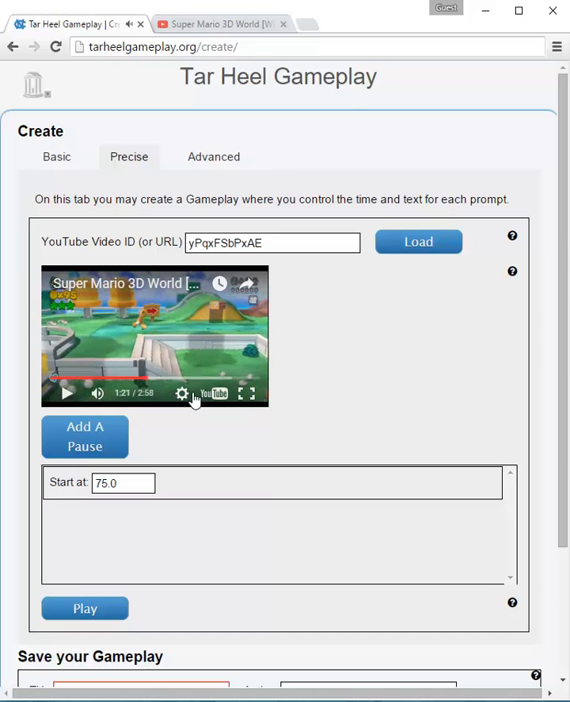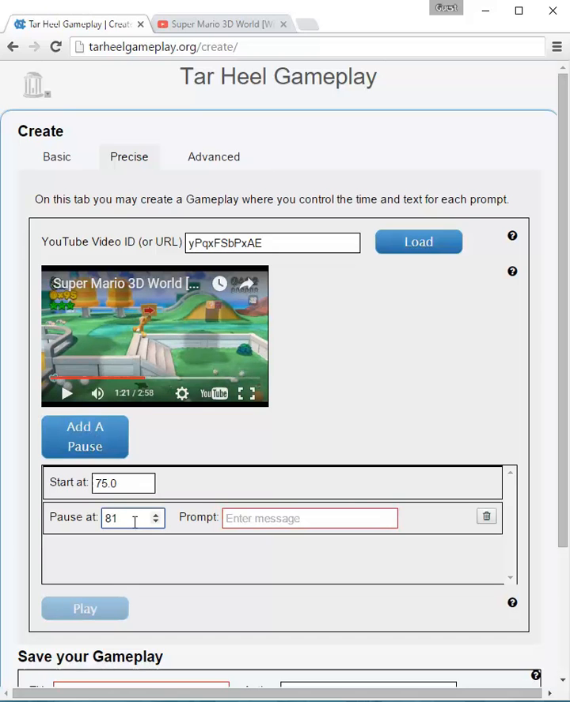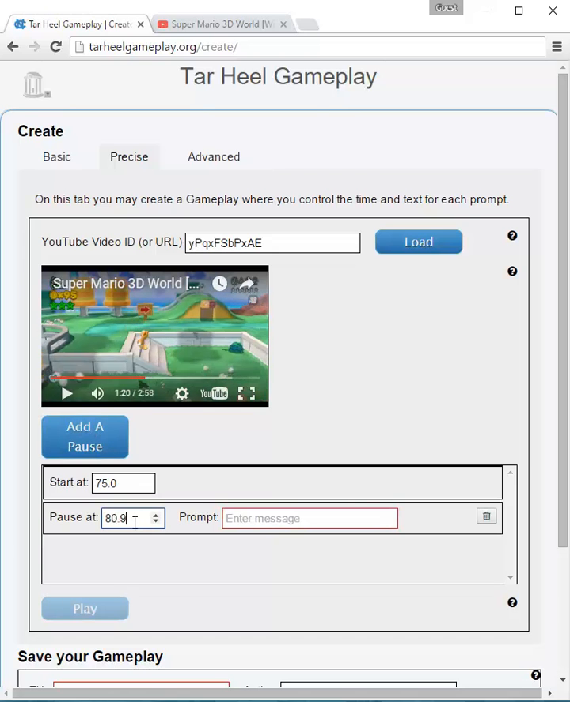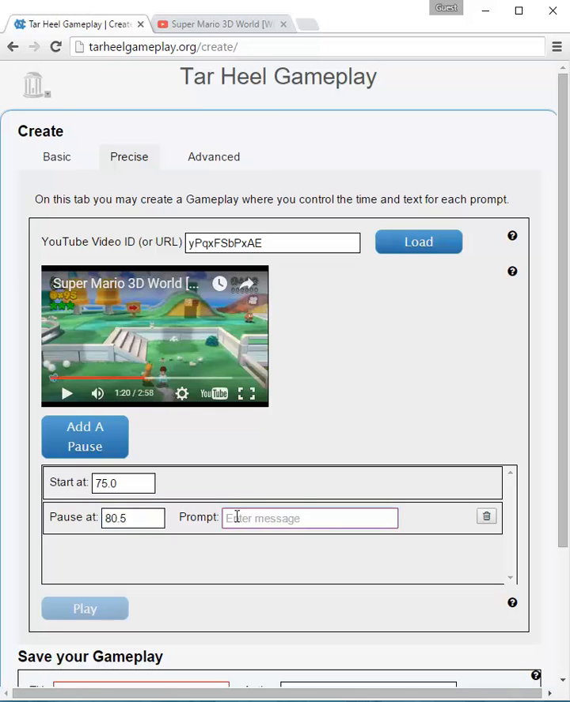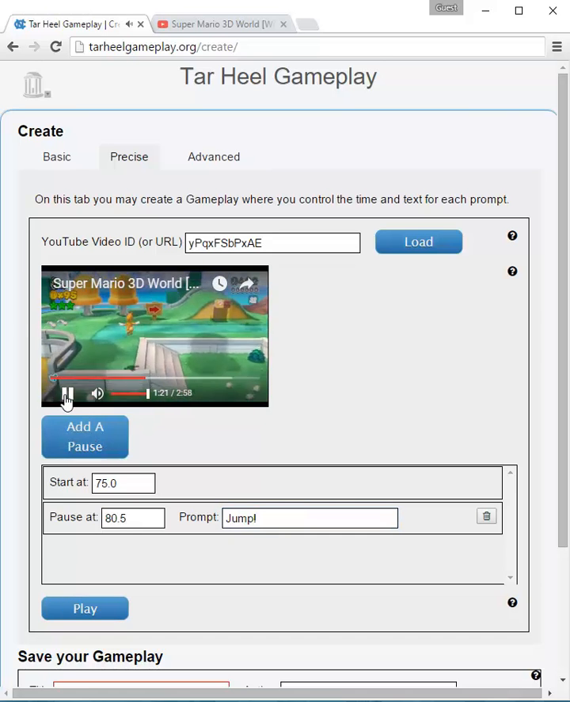I wanted to add a checkpoint right before he jumps. So I'll click add a pause and then I'll press the down arrow key to adjust the time so that the video is right before he jumps. Right? It seems to be right around there. And I'll write jump with an exclamation mark. And if we continue the video here,